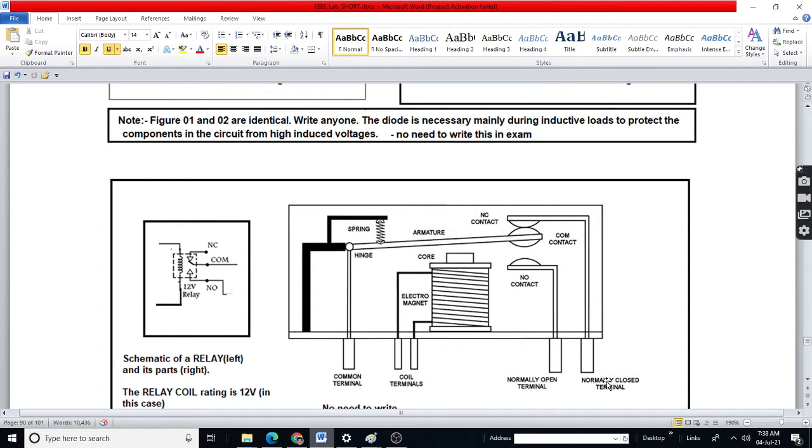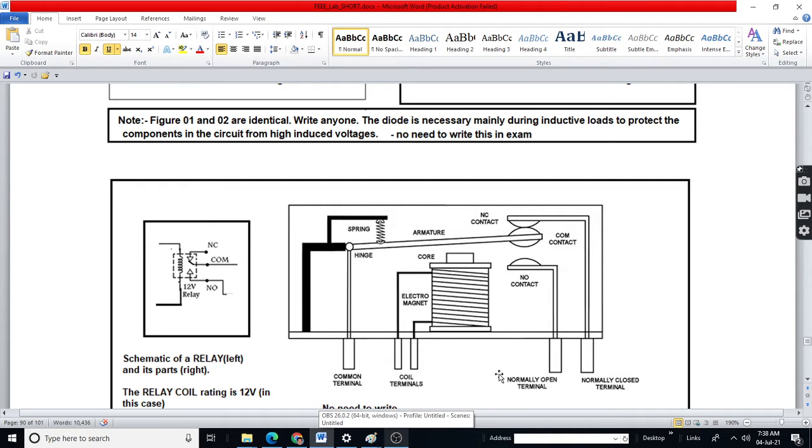Normally open, normally closed: normally means when there is no current flowing in the coil, or current flowing is lesser than its threshold value, means the minimum value required for actuation.